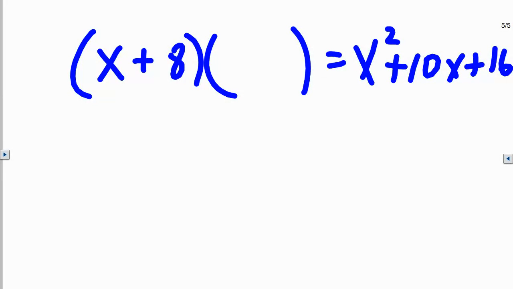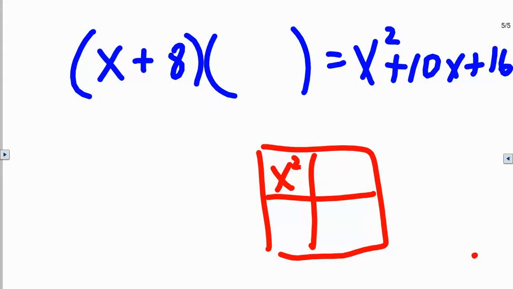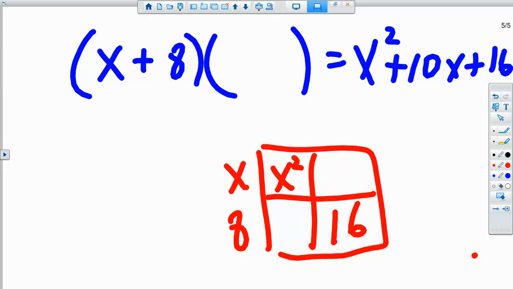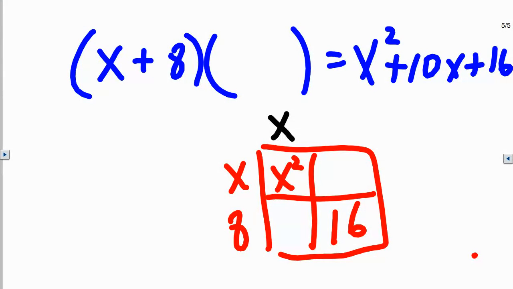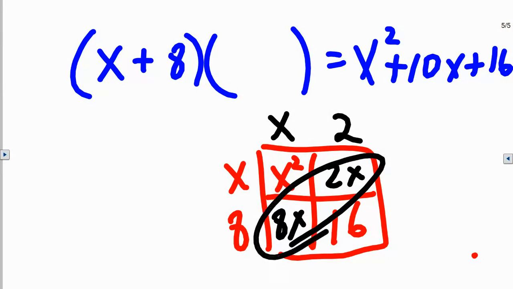You say, well, what's missing? And you'd say to yourself, well, I know that the way these work, think about it. If I do it in a box, for instance, I know that there's an x squared and a 16. It's just these other two boxes add up to 10x. So for instance, if one of the factors is known to be x and 8, then we're going to automatically know that the top part is x, because x times x is x squared. And this other one's probably going to be 2, because 8 times 2 is 16, right? So where does the 10x come from? Well, this term up here is 2x. This term down here is 8x. And of course, they add up to 10x. So our missing term is x plus